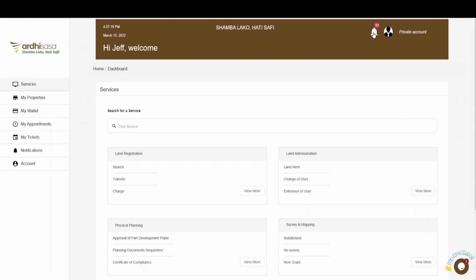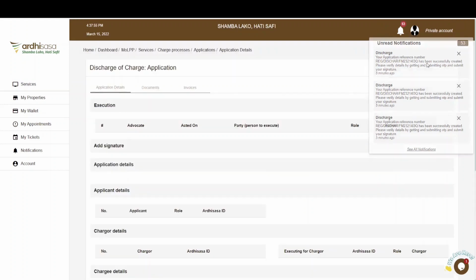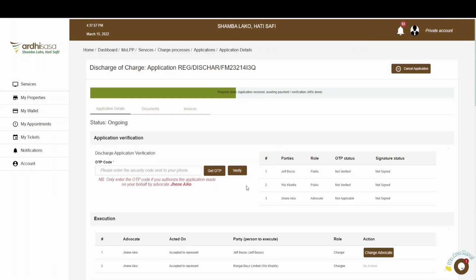the notification bell on the top right-hand corner of the screen and check for the notification prompting him or her to verify the application. An OTP prompt box will be displayed with the Get OTP button alongside it. If he or she does not approve of this process, a Cancel Application button will be displayed on the top right-hand corner of the screen, and he or she can then click on it and the process will be cancelled. However, if the individual is aware of the process and approves of it, he or she will then click on the Get OTP button and an OTP code will be sent to the phone number that he or she used